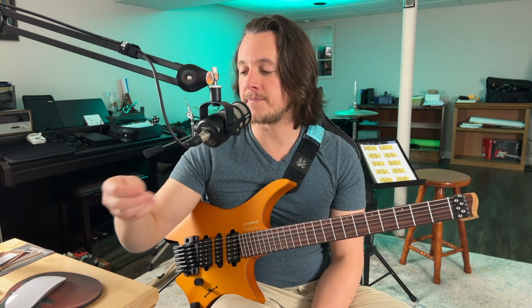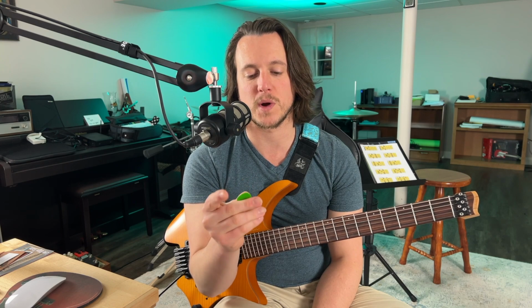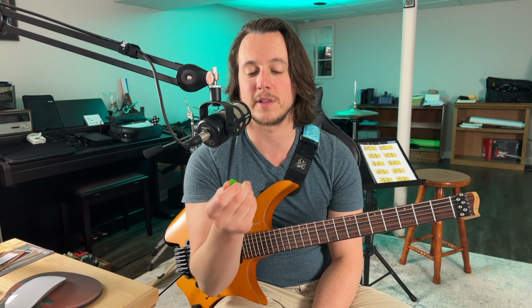Now, a little bit of background information, why I play with a thumb pick, why I use this pick in particular. For a long time, I used the Dunlop Green picks. This is probably maybe on the heavier side of medium, but not really a super extra heavy pick. I use these pretty happily for a long time. In high school, in college, a little bit after college as well. This was kind of like my main pick of choice. If I went back to this style, I'd probably go for something heavier like the blues or the purples. Those are quite a bit heavier, and I've come to develop a liking for a heavier pick in my guitar